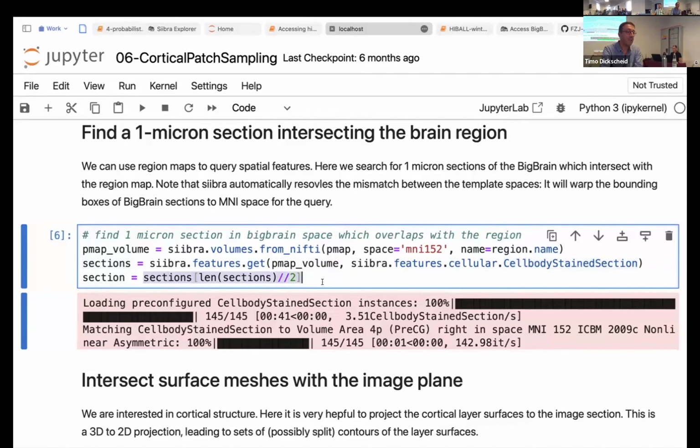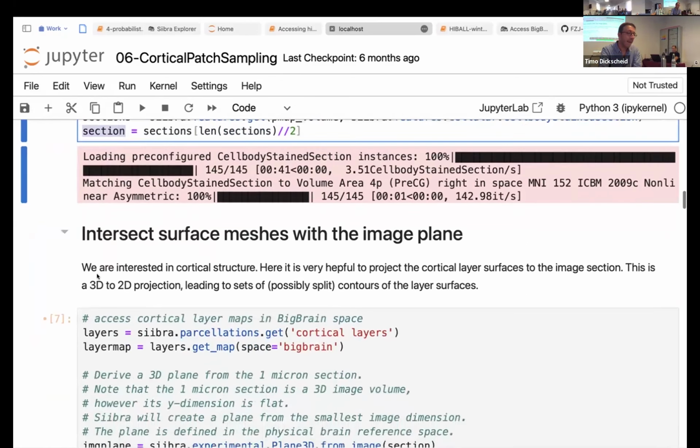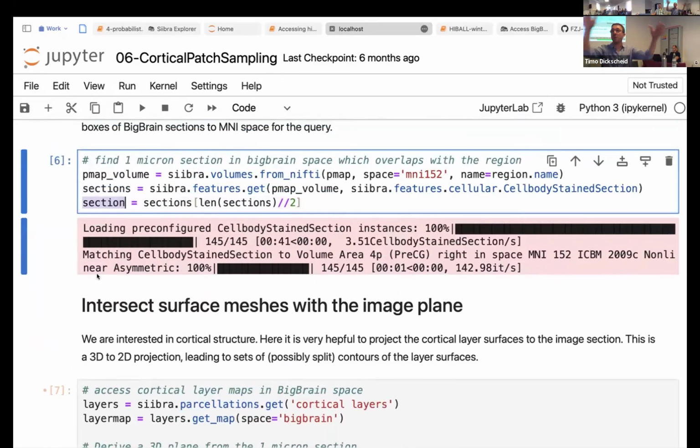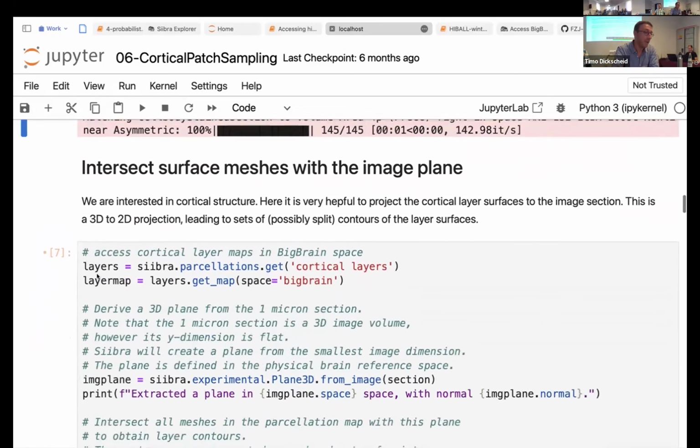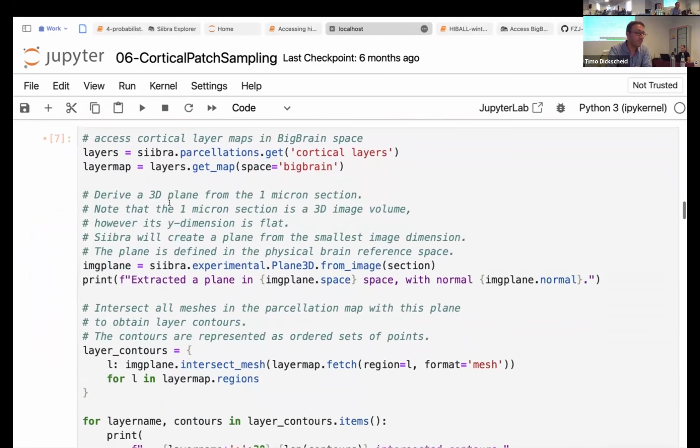What I do here is I just take, because there will be a couple of them, the one in the middle. It doesn't matter. We could also take the first one. So what I have here now is one such brain section which intersects. Now this is still a whole brain section, right? It still doesn't tell me where the patch in the motor cortex is. So what we do now,